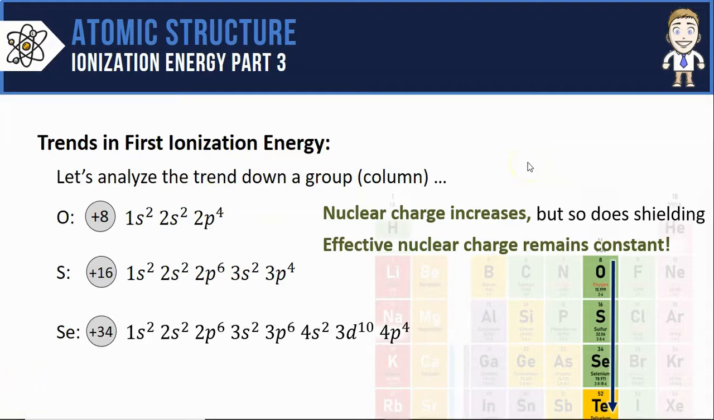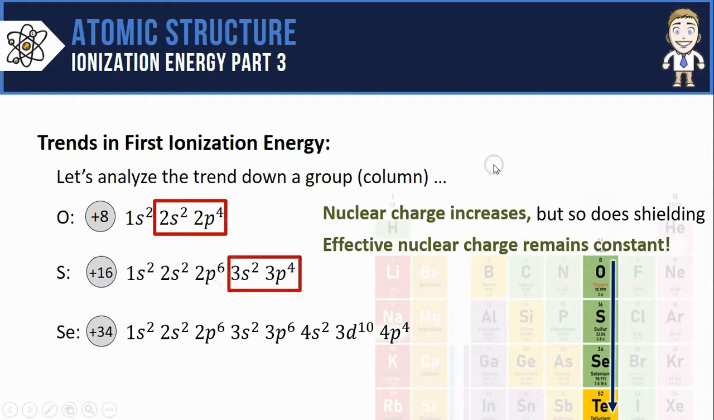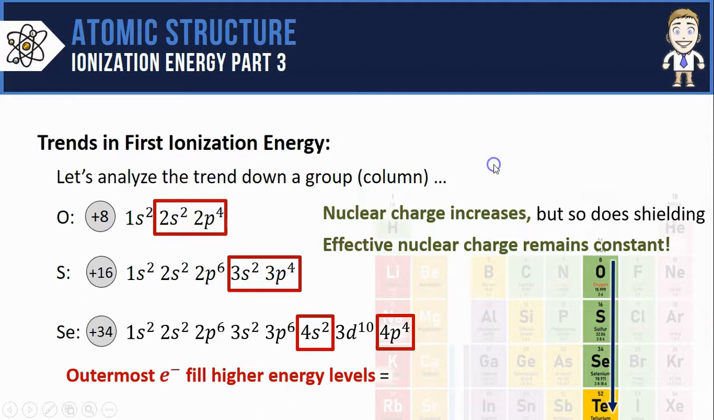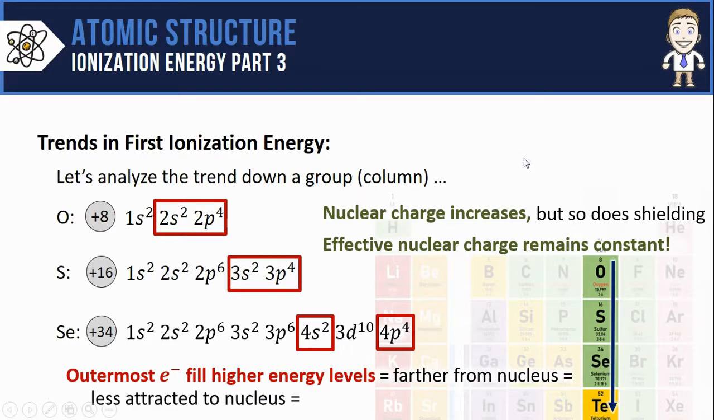So if we can't use nuclear charge, let's instead look at those outermost electrons and where they are. Oxygen's are in the second energy level, sulfur's are in the third, selenium's in the fourth. As you move down that column, the outermost electrons fill to higher and higher energy levels. What's so special about that? Well, if they're in higher energy levels, that means they're farther from the nucleus. That means they're going to be less attracted to the nucleus. That means they're easier to remove, so as you go down that column, you're going to get smaller and smaller